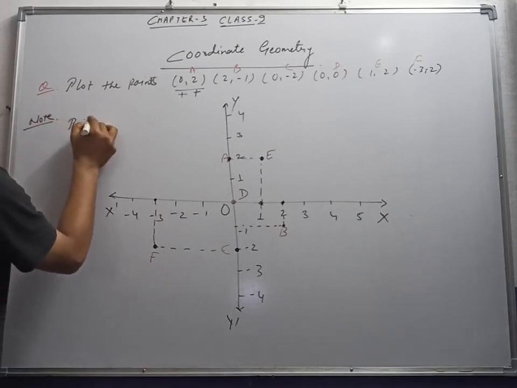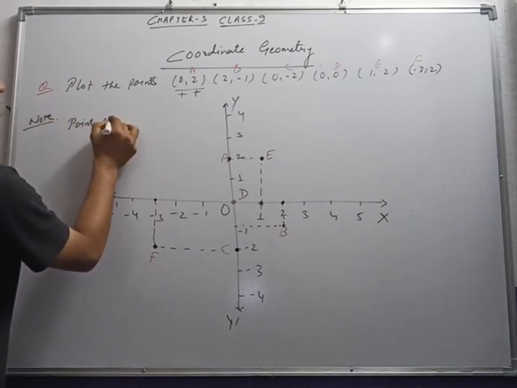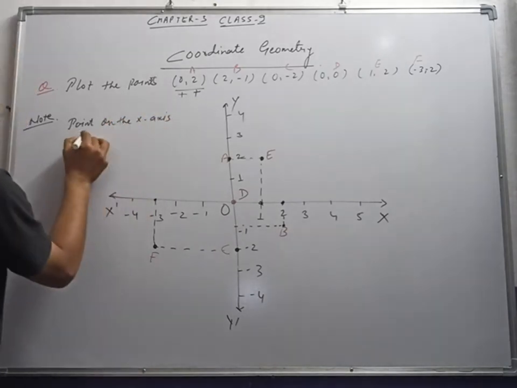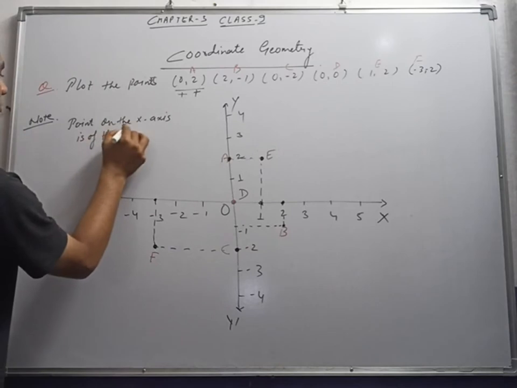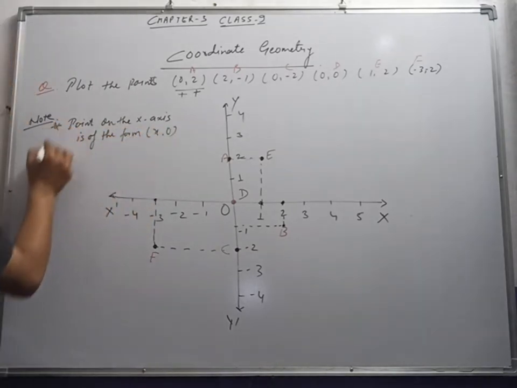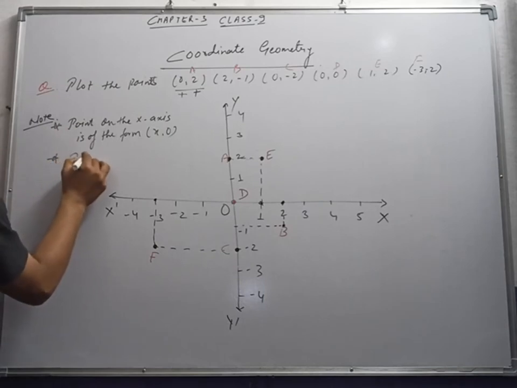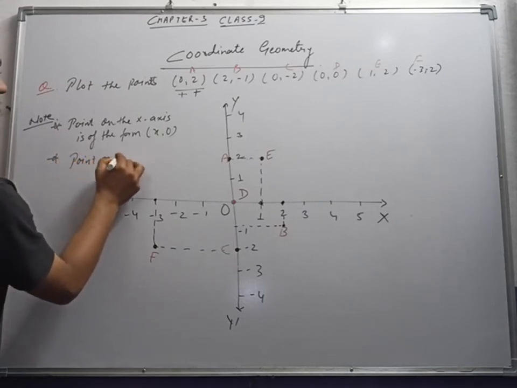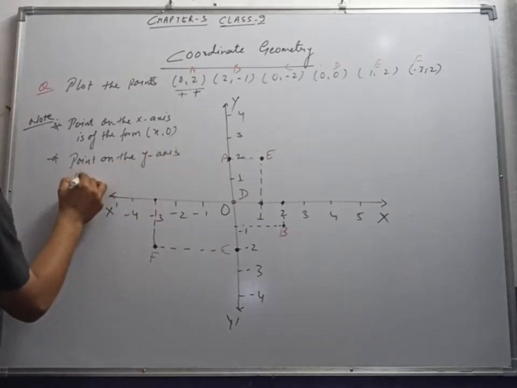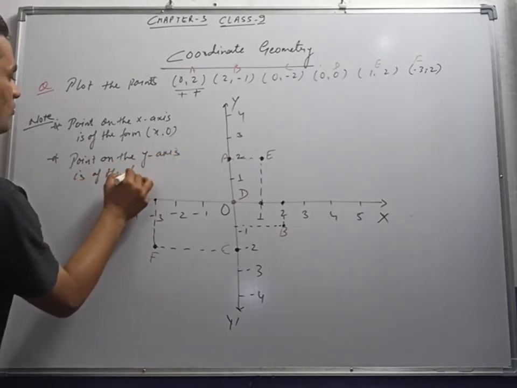A point on the x-axis is of the form (x, 0). And second, a point on the y-axis is of the form